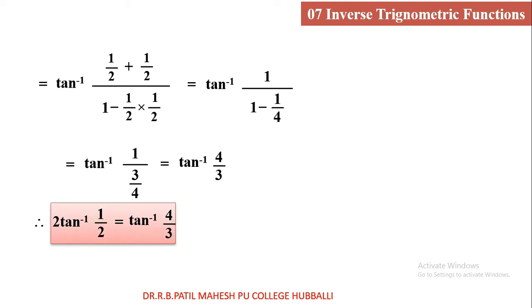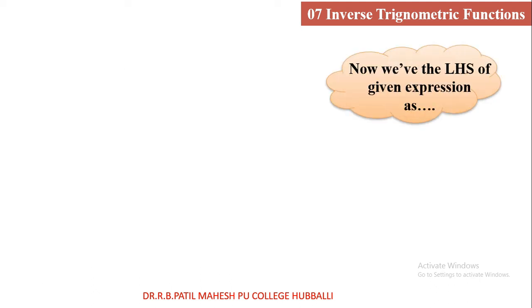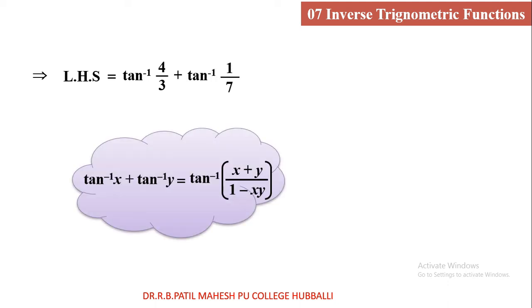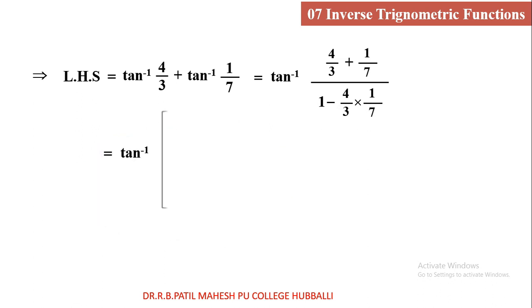Then take the second term of the LHS, or directly you can consider LHS. 2 tan inverse 1 by 2 value is tan inverse 4 by 3 plus tan inverse 1 by 7 as it is. Again use tan inverse x plus tan inverse y here. So that tan inverse of x 4 by 3 plus y 1 by 7 divided by 1 minus x into y, that is 4 by 3 into 1 by 7. So if you simplify that expression, look at the screen, cross multiplication, 7 into 4 is 28, 3 into 1 is 3,